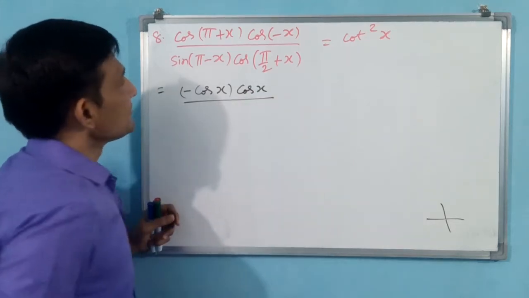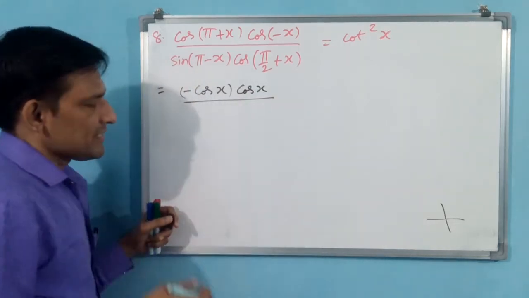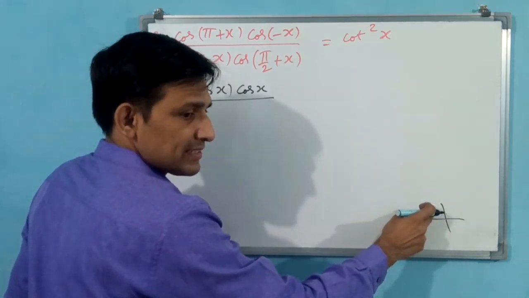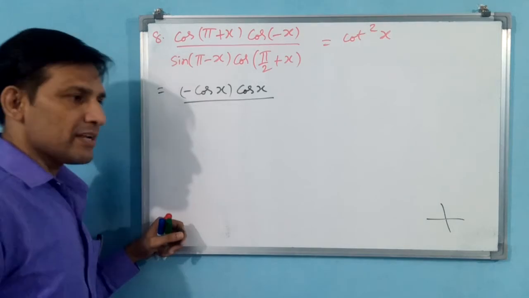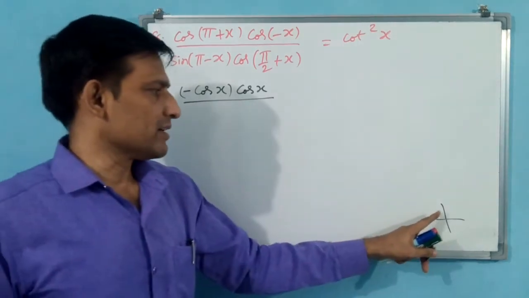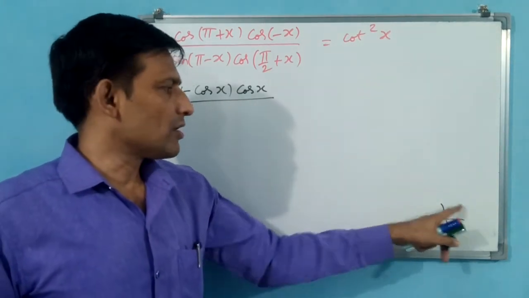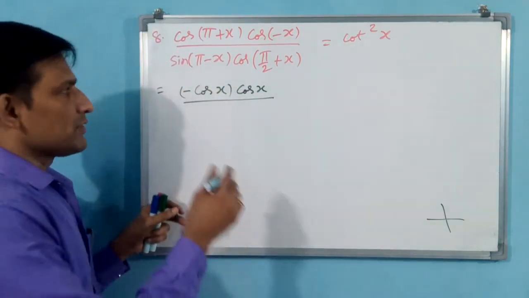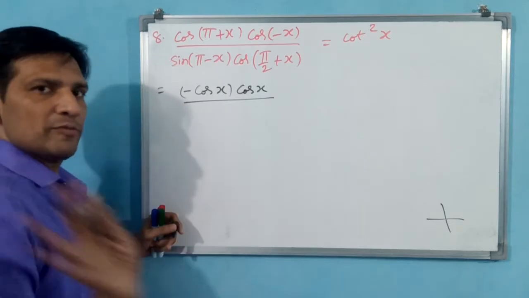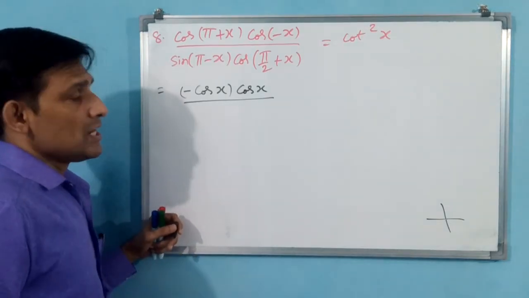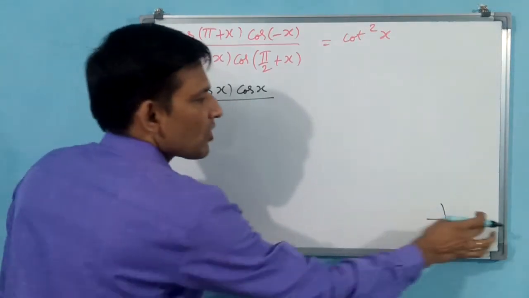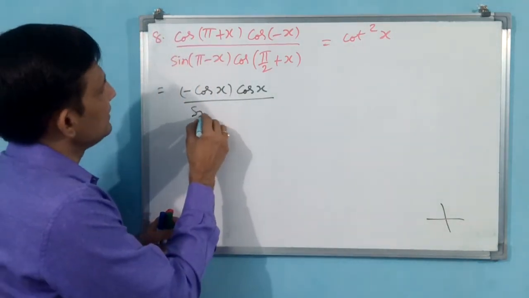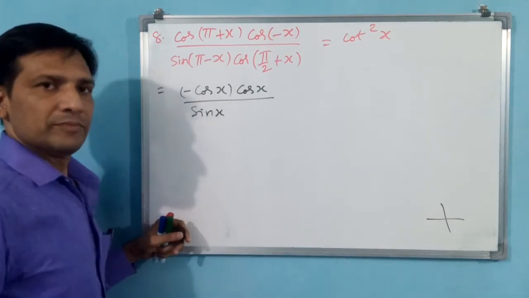Okay. Now sin of (pi minus x). Pi plus is third quadrant, pi minus is second quadrant. 180 minus theta means second quadrant. All Silver Tea Cups: in the second quadrant, only sin is positive. That is why this is positive. First positive. You need not write positive; if you don't write it, it is positive only. But see here, 180 is a horizontal angle. Horizontal angle means sin will become sin only. You write sin x.